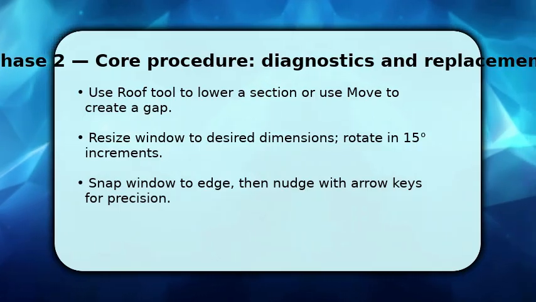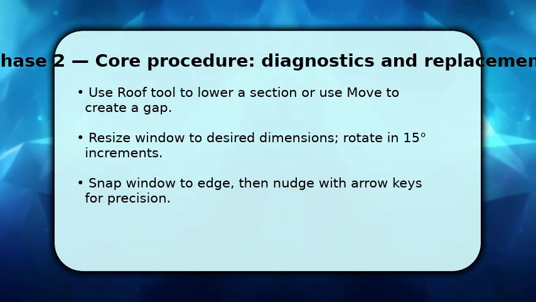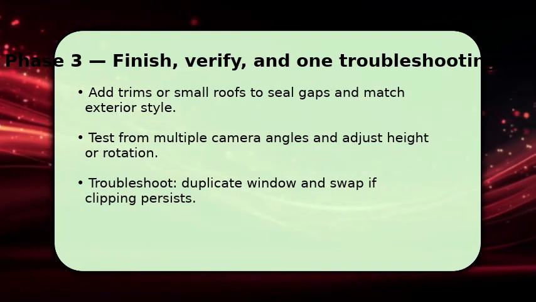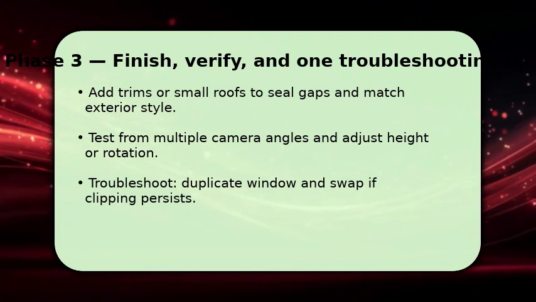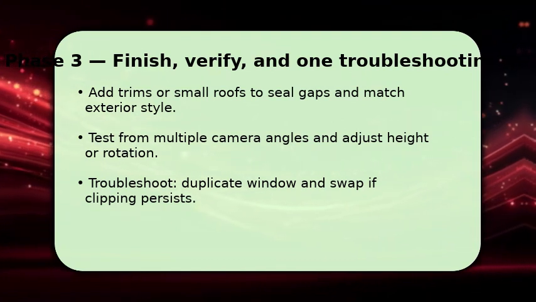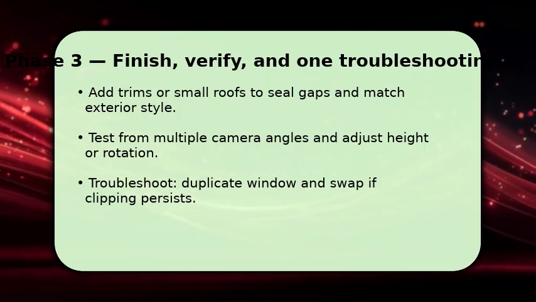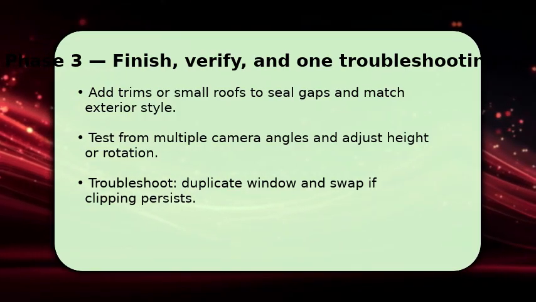To finish, you seal gaps and blend the window into the roof. Add trim pieces or tiny roof segments above and below the opening to prevent visible seams, and match exterior colors for cohesion. Make sure to inspect from ground and attic camera angles, then tweak height or rotation until shadows and